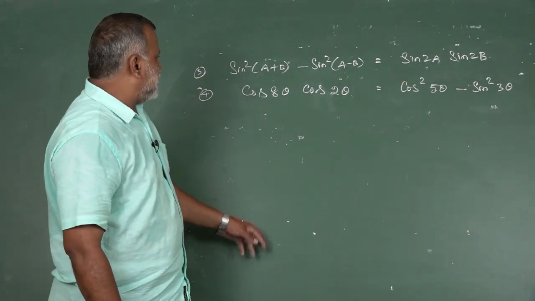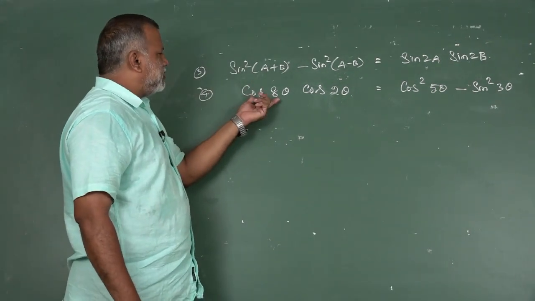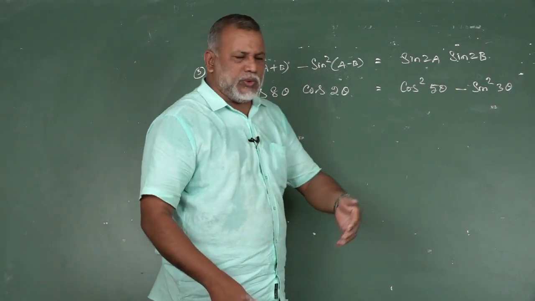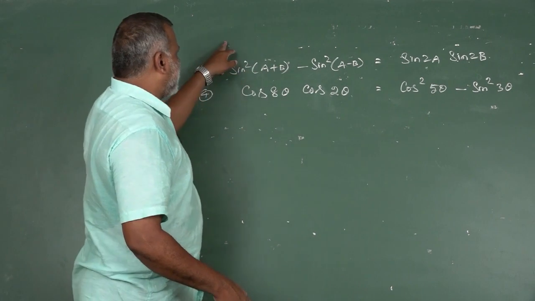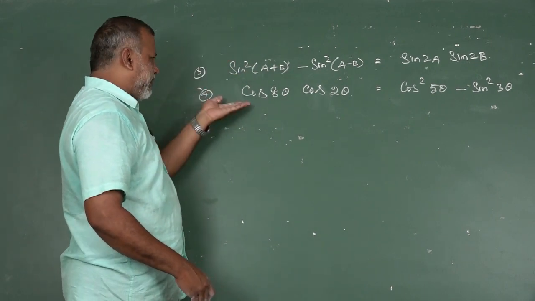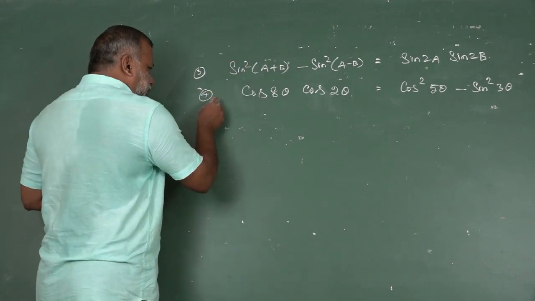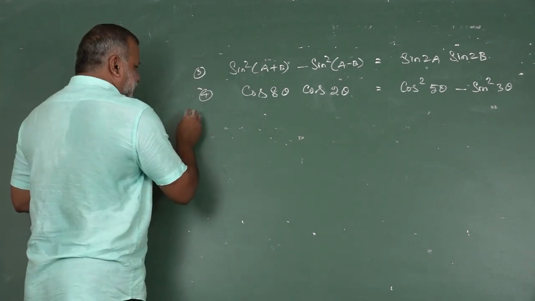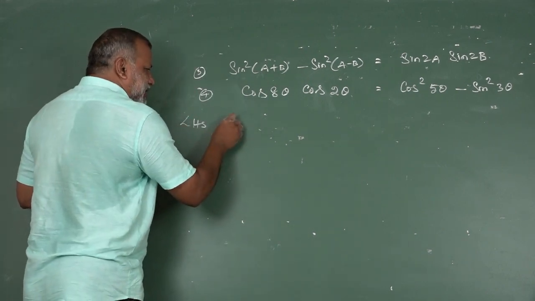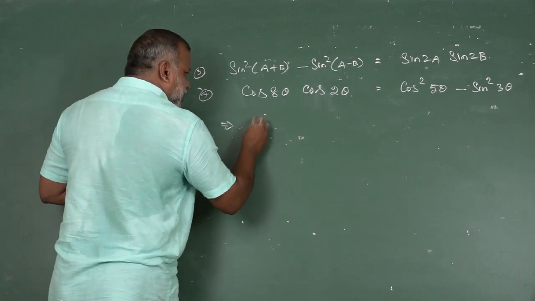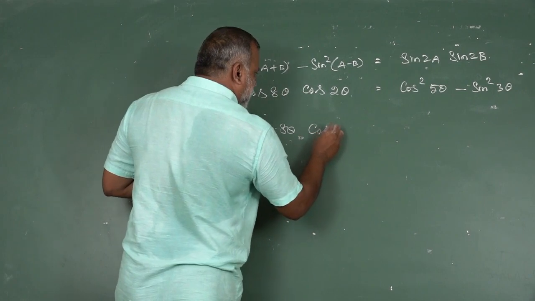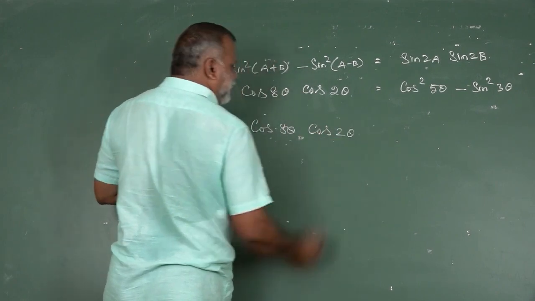Now listen students, I am going to prove sum number 4. That is very simple. The reason is, just now we proved sum number 2, and with the help of sum number 2, we are going to prove this one. So I am taking the fourth question as convenient. So take the LHS. What is the LHS value here? Cos of 8 theta, then cos of 2 theta.